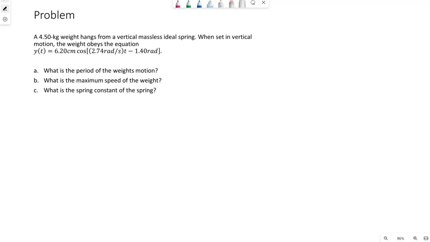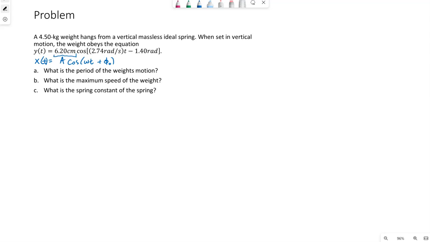So if we compare this to our generic equation that describes simple harmonic motion. Now we have y of t given, and that's because this mass is oscillating vertically, so they're just using a y to represent up and down, where we've been using x, but x could technically represent up and down if we wanted to. But comparing these two,